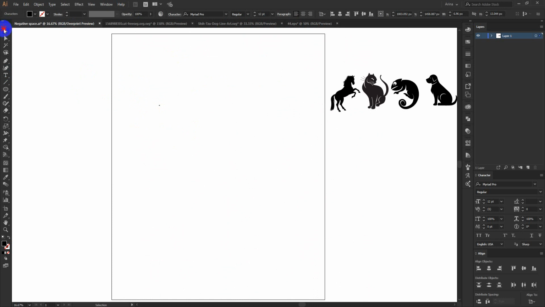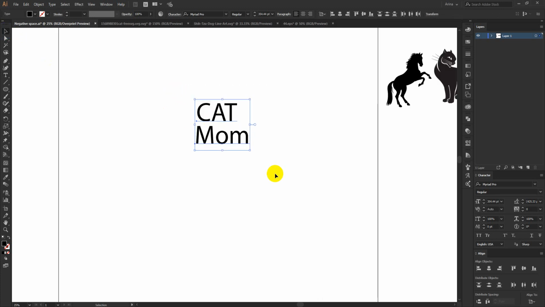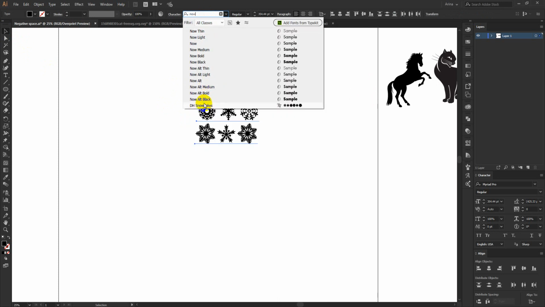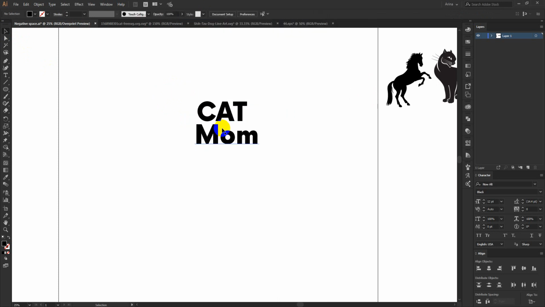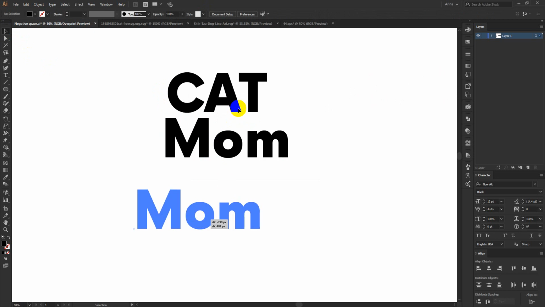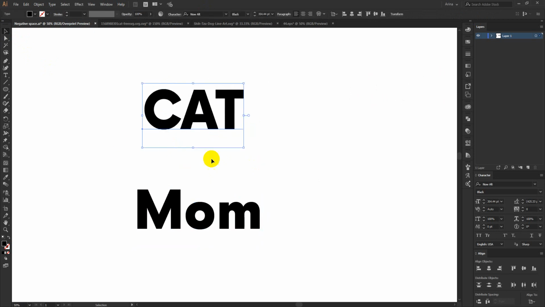So let's start with the cat one first. I am going to make a design that will say cat mom. This is going to be a logo for women who love cats or who have a pet cat. So I am going to take a bold looking font like this. I want this cat text to be really big, and this one is not that big, so I